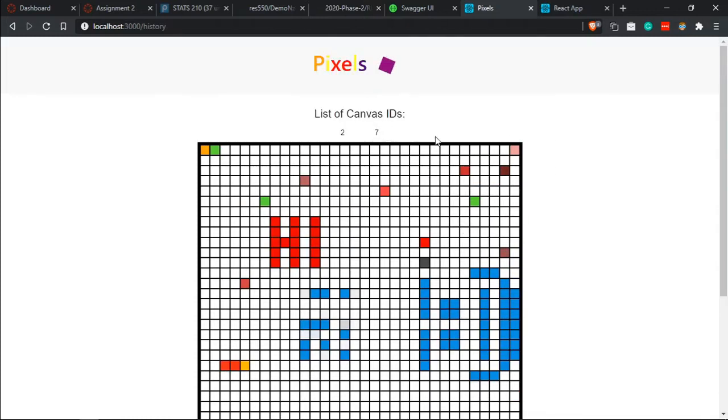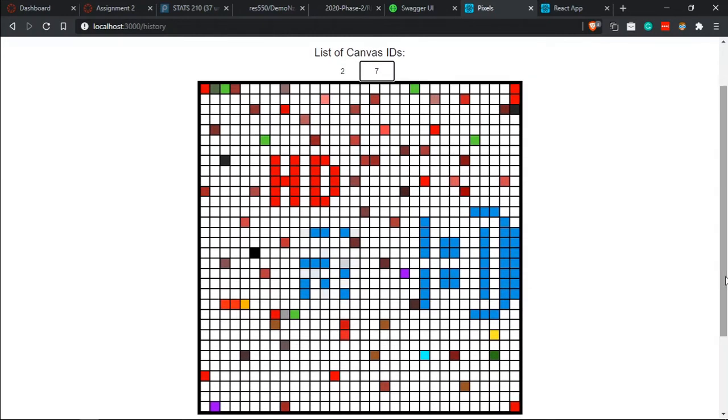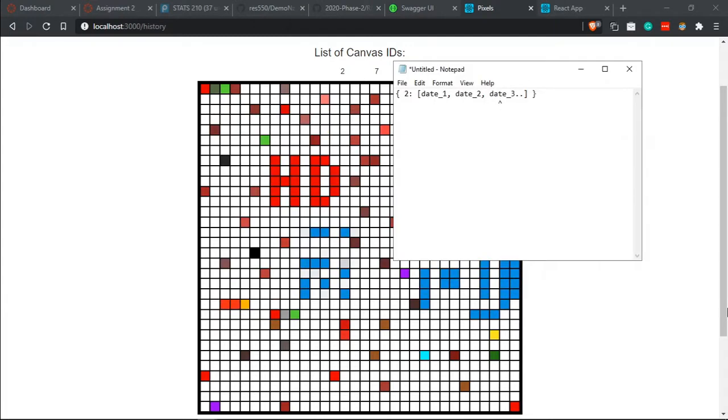Similarly, when we choose a different canvas, we get the color by the canvas ID, and then we reset the color state. So to reiterate that, what we'll be having is